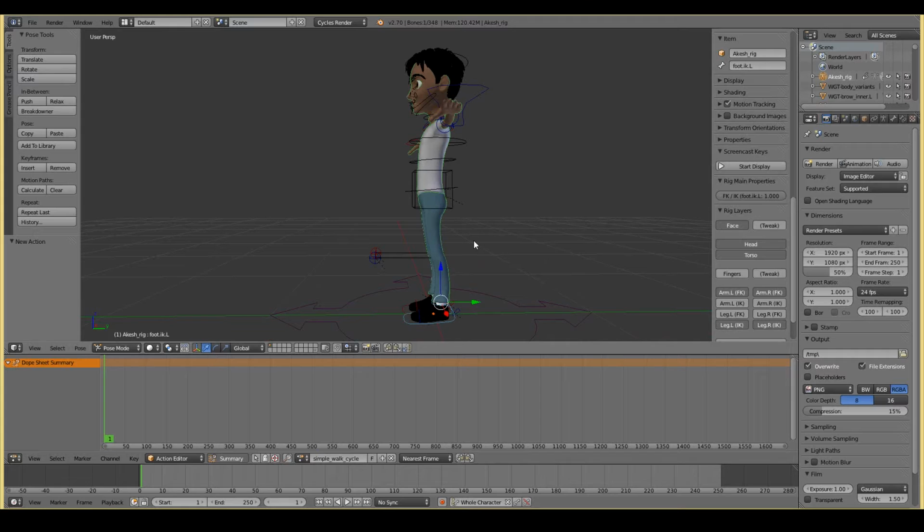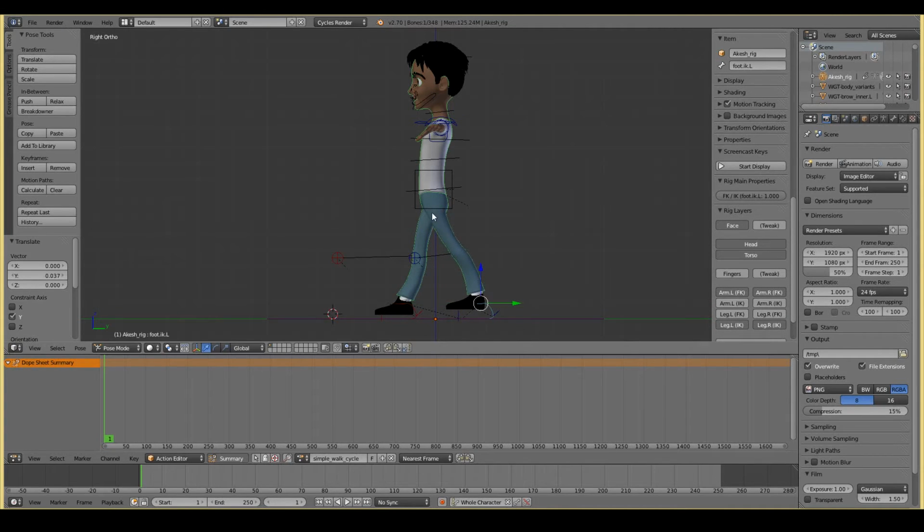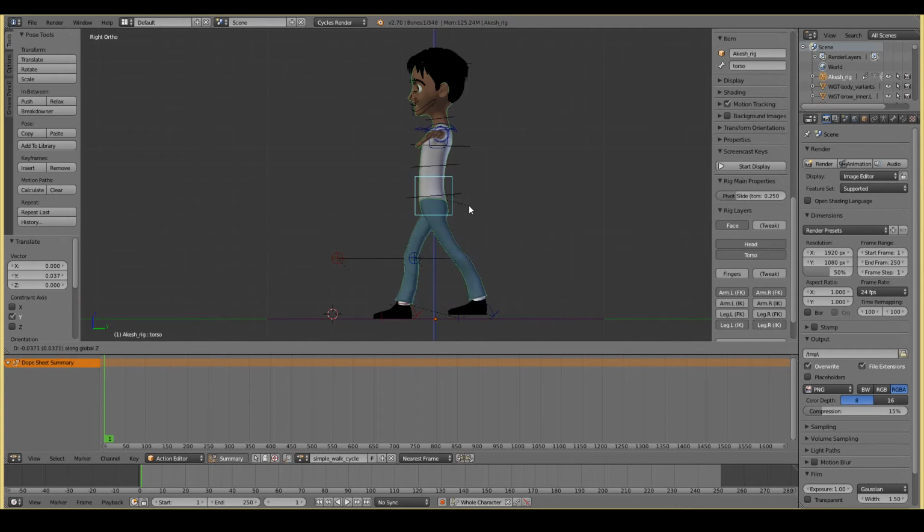Alright, so the first pose I want to create is the contact pose. So let's go ahead and create that. For the contact pose, you want to have the back foot go back and the front foot go front, obviously. They've got to be at the furthest point. And the legs are obviously hovering up in the air for no reason, so we can't let that happen. So I want to pull the hips down a little bit. About that much should be okay.